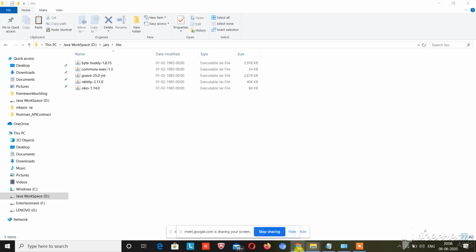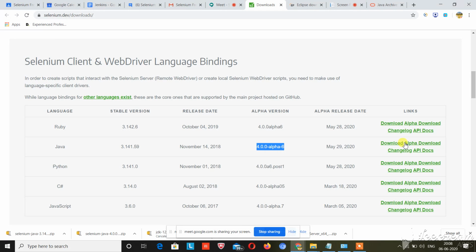Okay, one more thing guys. These alpha jars you have already downloaded, and now let's click on this link as well and download those jars too. One by one we will need them in future, so that's why I asked you to download these alpha jars, but please download these jars as well.